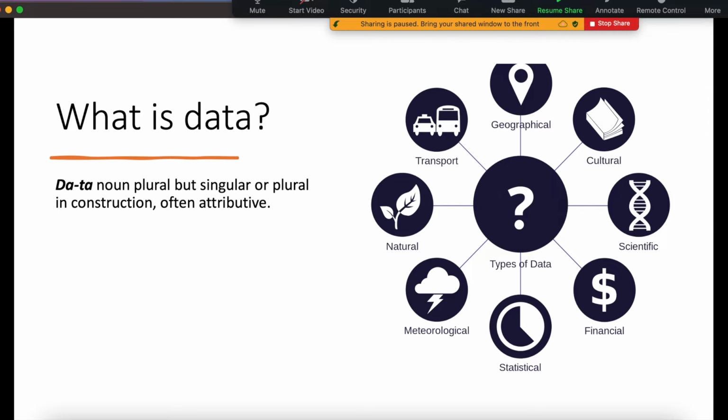There are different types of data: statistics data, financial data, scientific data, cultural data, geographical data, transport data, nature, whatever. So the data is collected from various systems and various situations. Previously, wherever data came into a system, it was usually validated data. Say for example, suppose you are maintaining a ledger, and only the meaningful data which you write goes into that system. But nowadays it's not like that. The data is emitted by different people. So data validation is one of the key challenges today. We'll discuss all that.